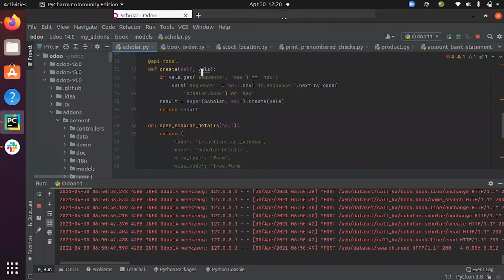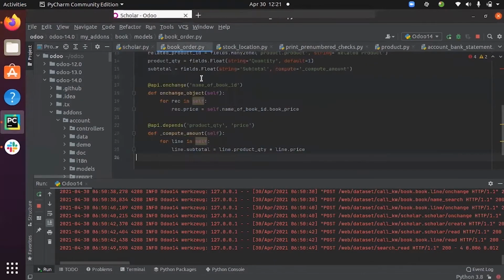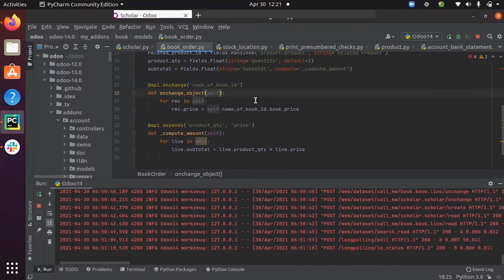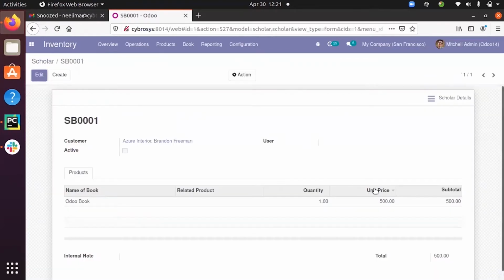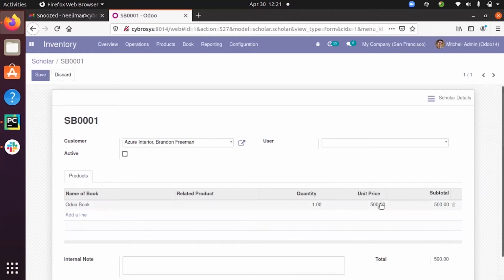Then next we have @api.onchange. The function with this decorator is called when a field value changes. For example, if you want to change the unit price on changing the field name of the book in the order line, you can change the value of this unit price when changing this field name of book.